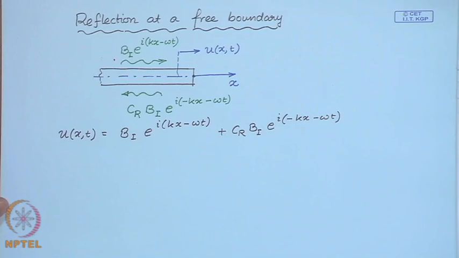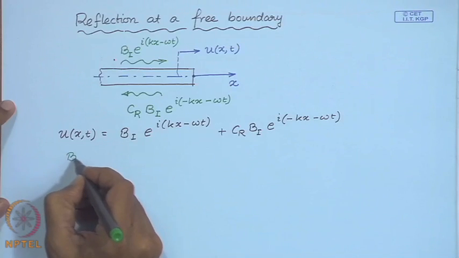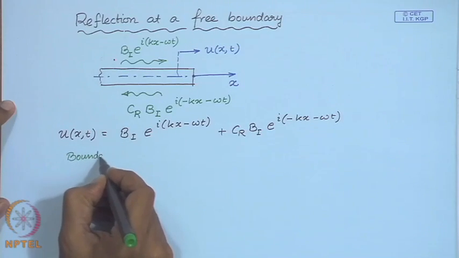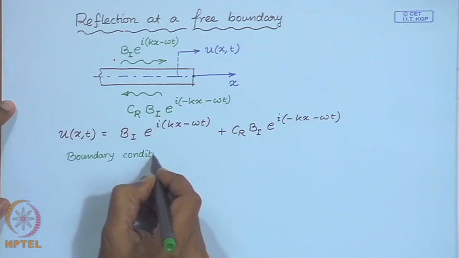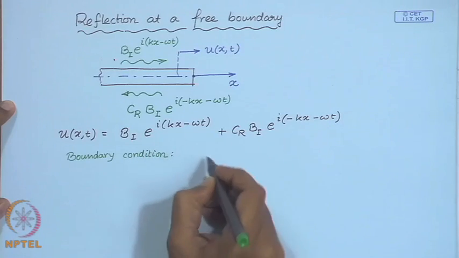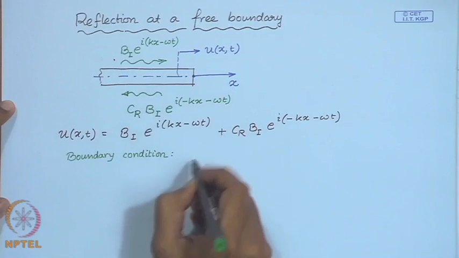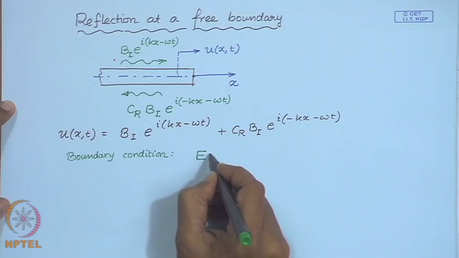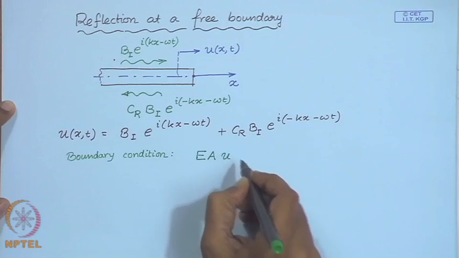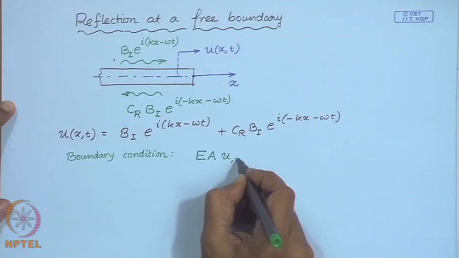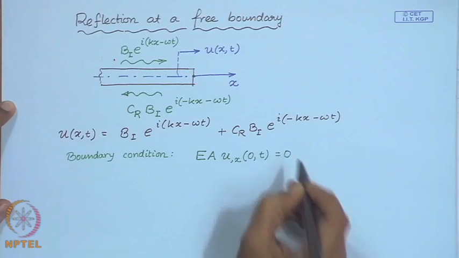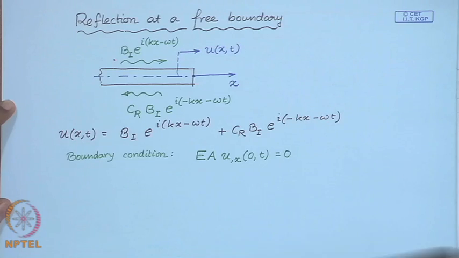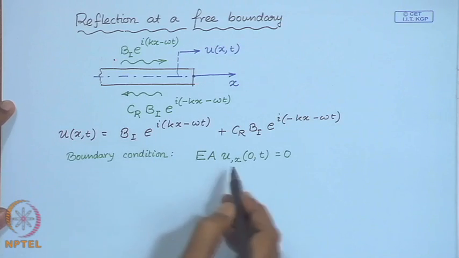Now, the boundary condition: this is a free boundary. For a free boundary we know that it is a force free or natural boundary condition. So, once you substitute this wave field in the boundary condition,